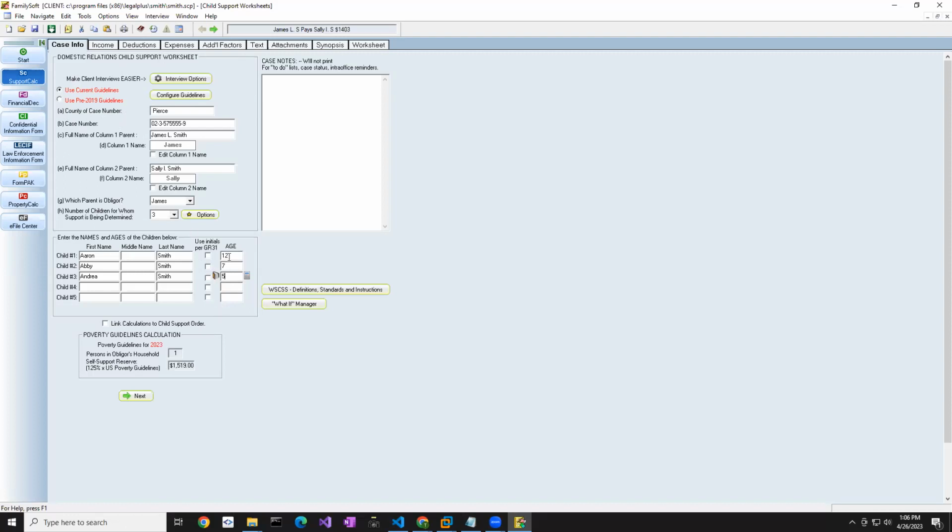So regarding the children's age, it's very possible that the age of the children would change during the course of the case. So what we want to do with the age is, instead of just entering a static age, which you can with any